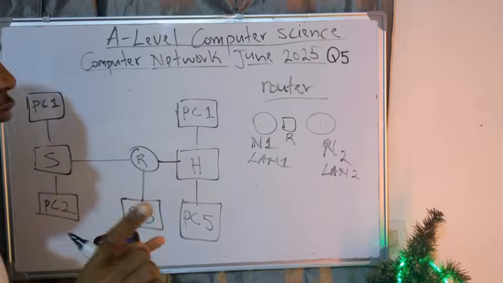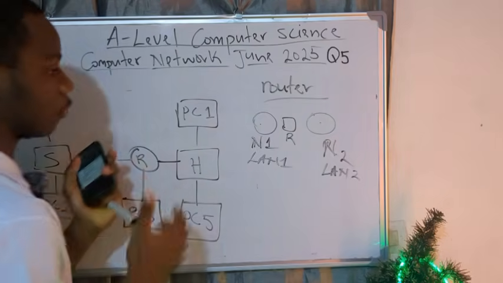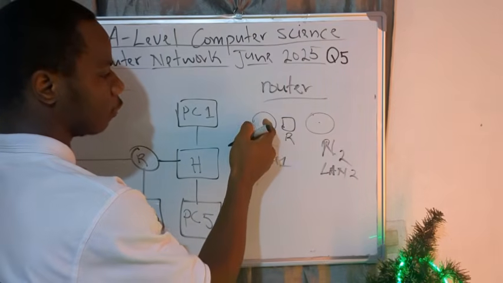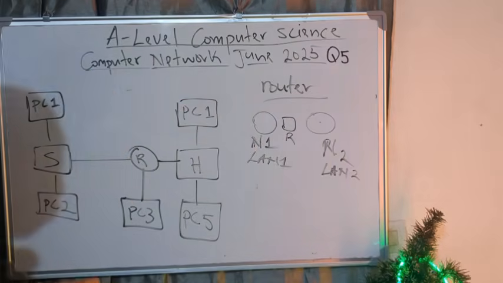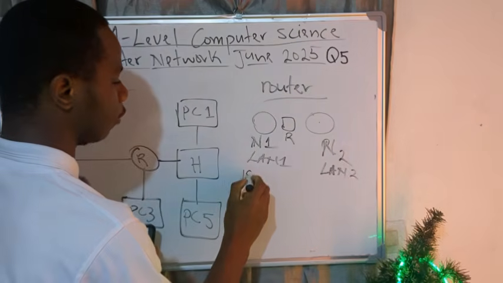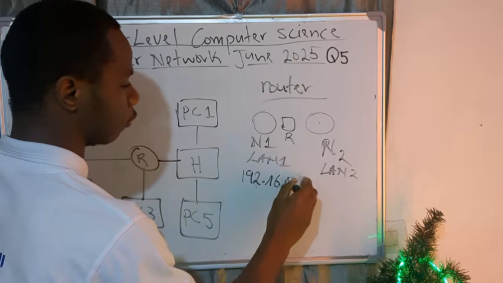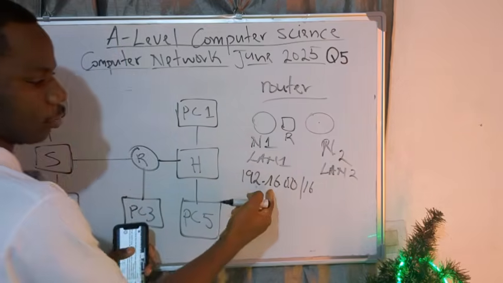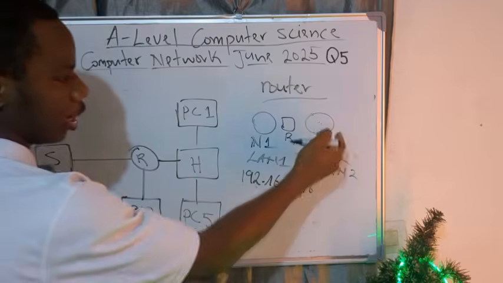And when they say different network, I think people know the meaning of different network. Different network simply means what? That the network address of this network is different from the network address of this network. Meaning that here in this network, for example, the network address can be 192.168.0.0. So this one here, this is /16 because 16 is for the network part. I've put the host part here. Now this one can be maybe